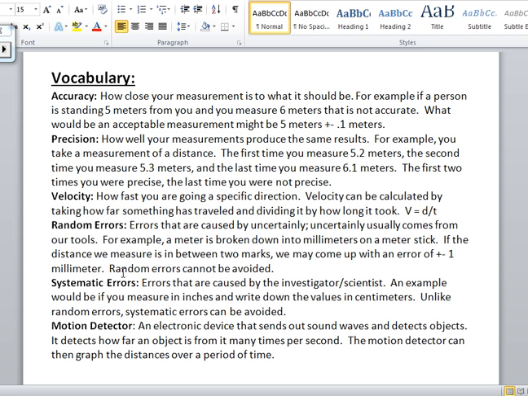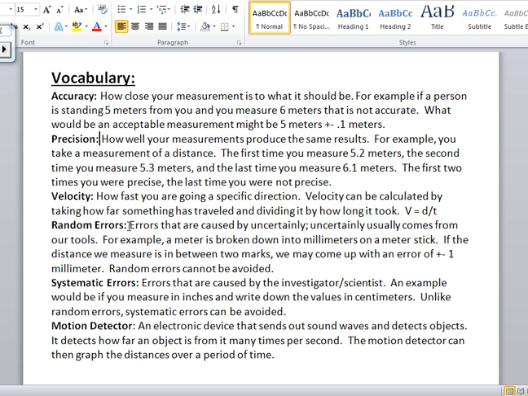All right, random errors, systematic errors. Random errors, you can't avoid random errors. These are caused by the tools that you use. The better tools you use, the lower margin of random error that you're going to have. So for example, if you're using a typical meter stick, it will measure to the closest millimeter. So you can have an error of up to 1 millimeter. That means if you measure 102 millimeters, you could have an actual error of it being maybe 101 or maybe 103, plus or minus 1